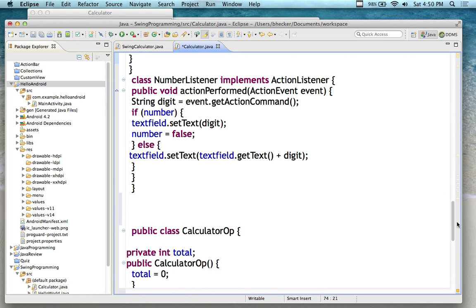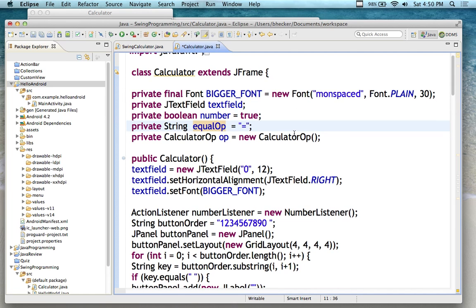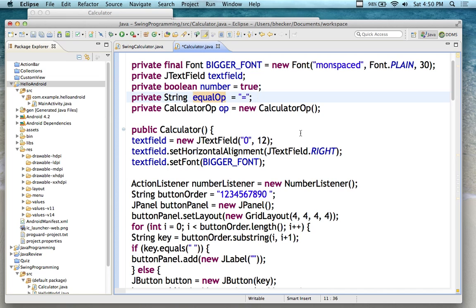But let's see what else is going on here. We're not really interested in the math part of this, primarily interested in the use of the components and the GUI Swing thing. So we're making a calculator op new instance is equal to new calculator op. We make a new instance of that object. So those were the variables that we've contained. We've created as data members. Now in our constructor,